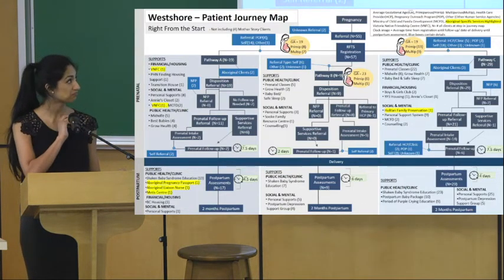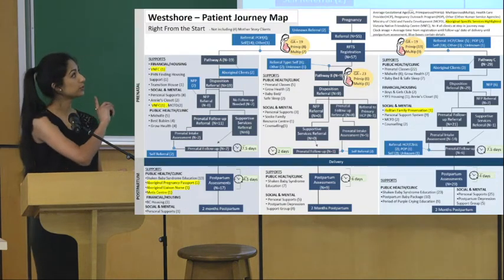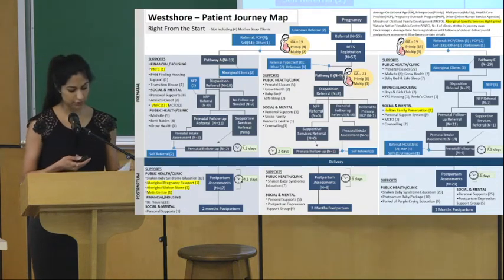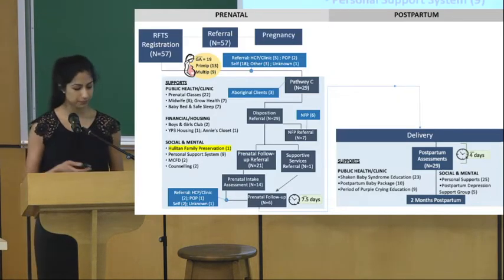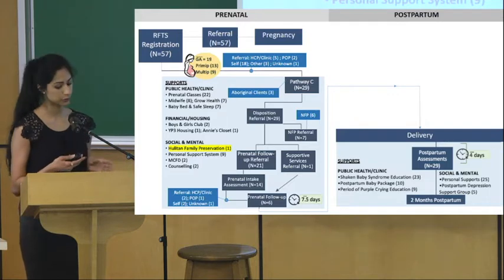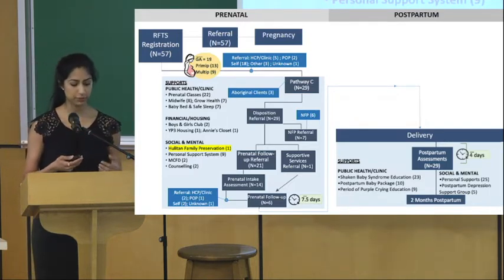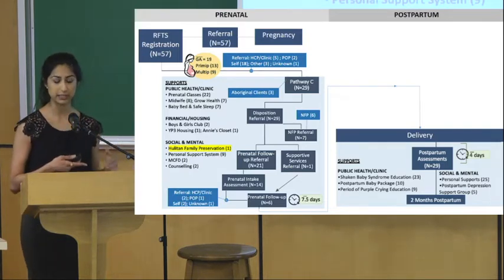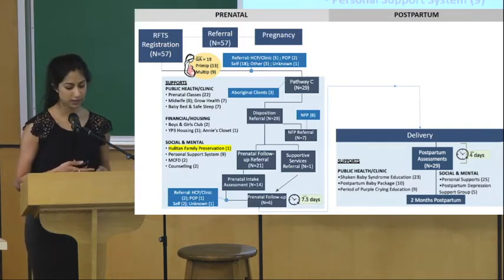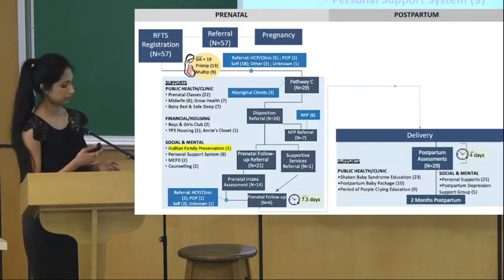It looks like it's daunting, but we'll be looking at one pathway, which is to the very far right, which is pathway C. So this is pathway C, and it's split into prenatal and postpartum sections, as seen in the gray boxes at the top. So I'll draw your attention to the blue box that says pregnancy under the prenatal section. So this marks the beginning of the journey. The next steps are referral, then prenatal registration, and then after this point,